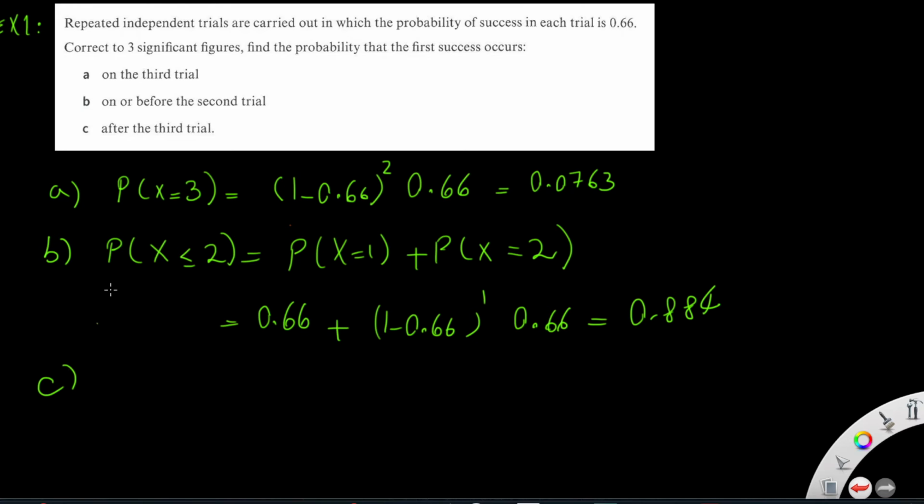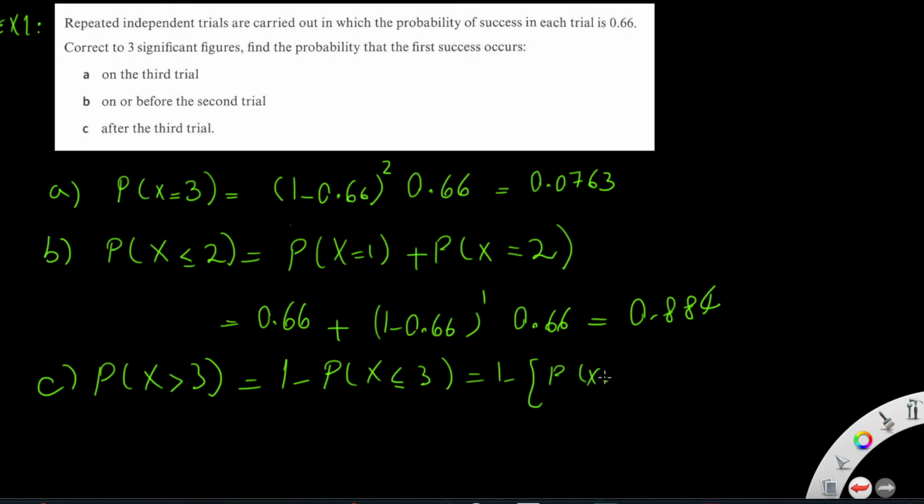And for the third part, it says after the third trial, X greater than 3. We know that the number of trials may tend to infinity, so you cannot calculate all of these after 3. That's why we calculate the other part and subtract from 1. You can write X less than or equal to 3 instead, subtracting from 1. So 1 minus the probability of X equal to 1 or 2 or 3,